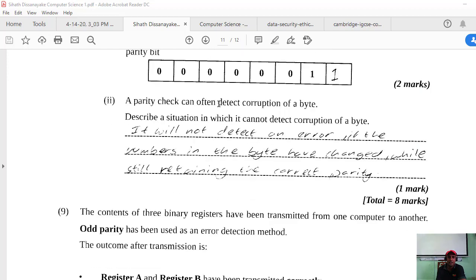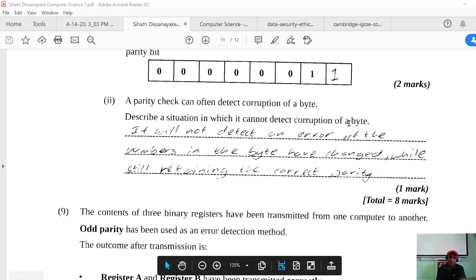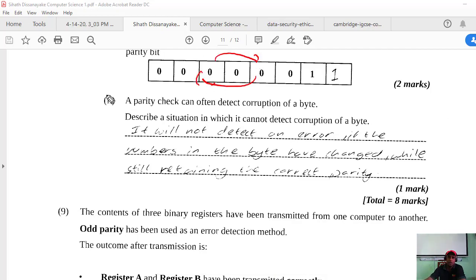Okay, next one. The parity check can often detect corruption of bytes. Describe the situation in which it cannot detect corruption of bytes. You can't check the swapping of numbers, no? It will not detect the error if the bytes have changed in transfer. Yes, that is correct. There is a term we can say for that.